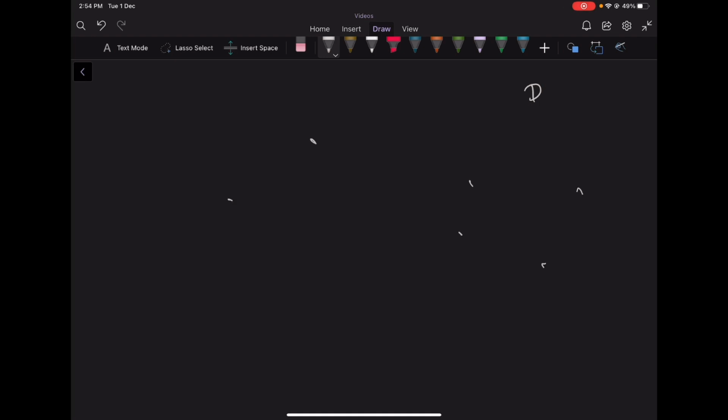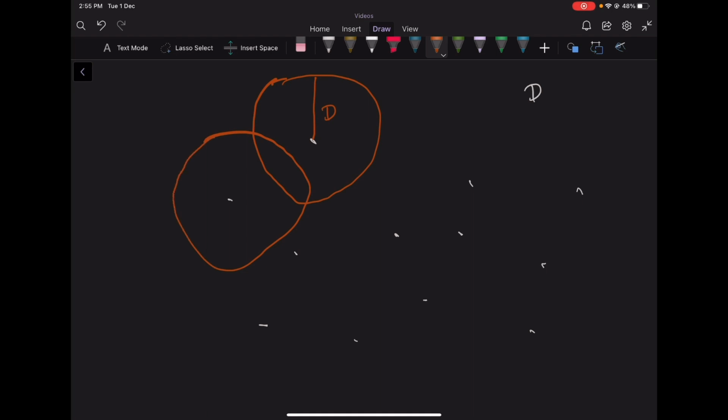So let's say we have some points. Now, this point will affect all the points within a distance of d from this point. So what we can do is draw a circle of radius d centered around this point, and all the points which lie inside the circle will be affected by this point. Now similarly we can do it for this point as well, centered at this point and within a radius d. So all the points which lie in the intersection of these two circles will be within a distance of d from both these points, because they lie inside both the circles.